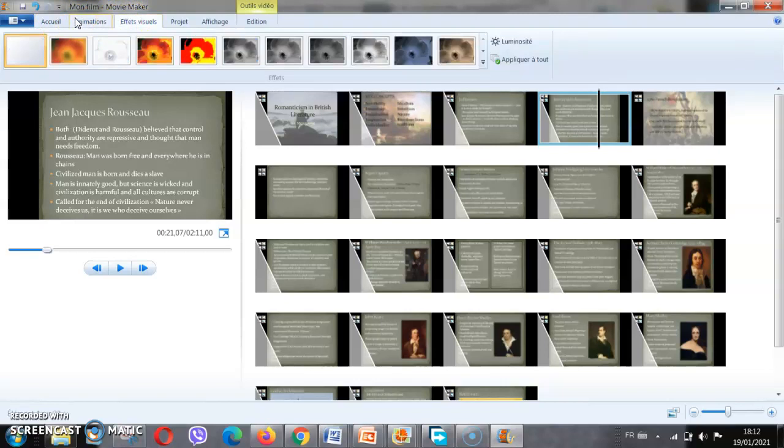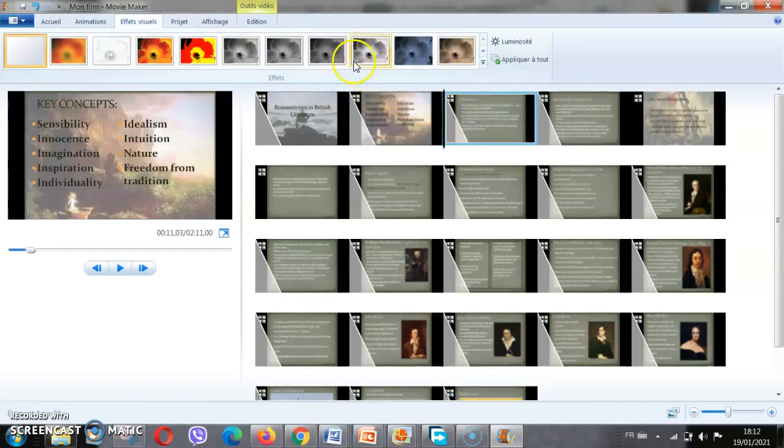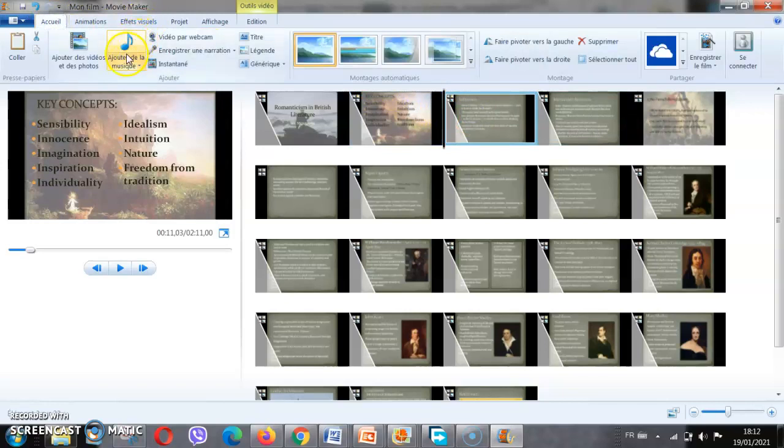Now this is up to you whether you want to use them or not. You can use different colors, different shapes and so on. Now let's speak about the important stuff. You can add both music and oral narration to your presentation. If you want to add music you can use this button, and if you want to use narration you